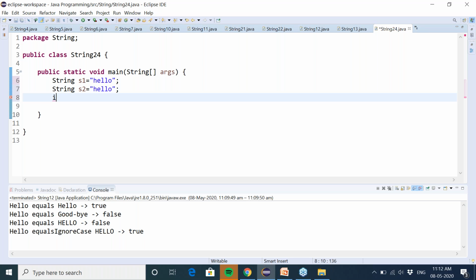Write your output in the chat window. So after 1 minute, we are going to discuss the output of this, right? You have 1 minute only to think about the answer of the program that I have written over here.